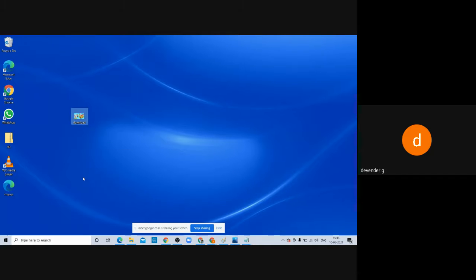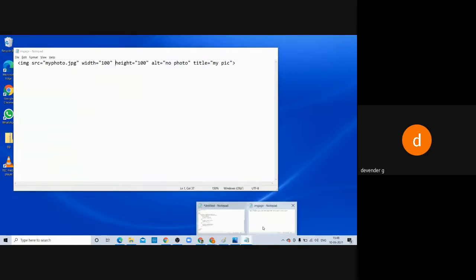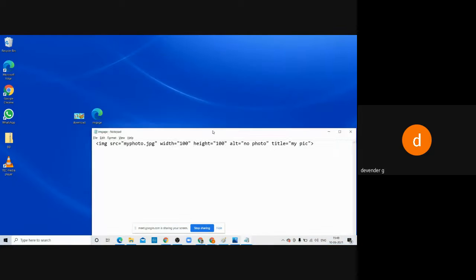Now you can see image. This is my file, and this is my image. Both are in the same location. So I go to my code and change it. What is the image name? The image name is download. So the name of the image is download. Now, is it a JPG file or not? You have to see what the format of the image is.